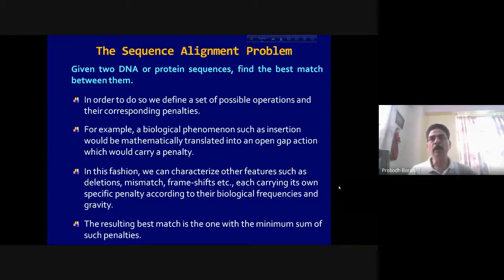That means how can you best compare the sequences of genes and genomes, or for that matter, the amino acid sequences of the proteins? What are the basis or the criteria based on which they can be compared? And we can say that one particular sequence is more alike or identical to another sequence compared to a